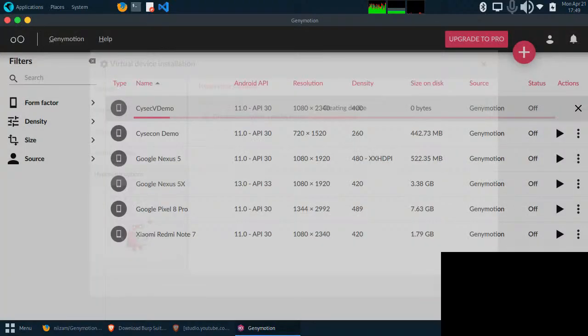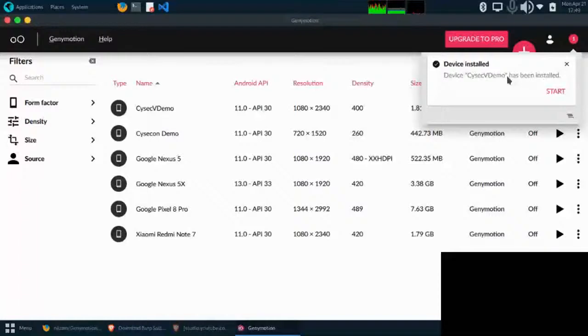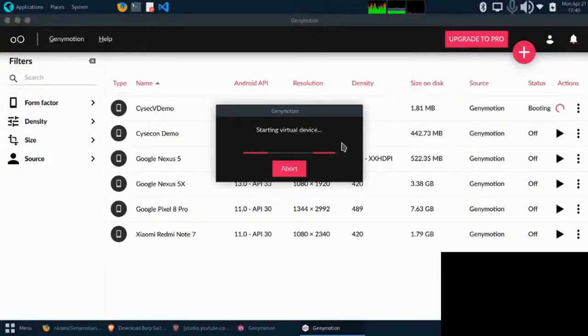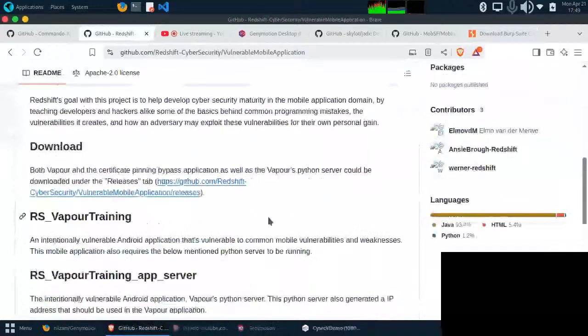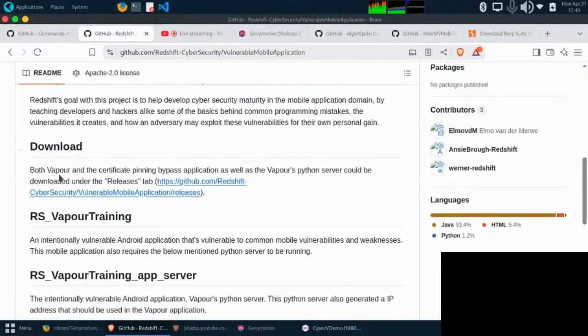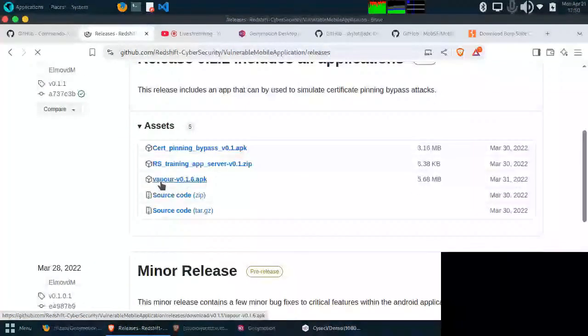As you can see, it has been installed, and I can start the emulator. While we wait for the emulator to start, we can download the APK. You can just go to